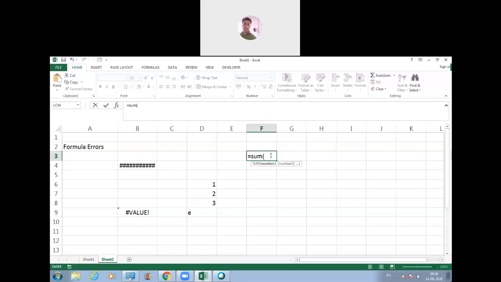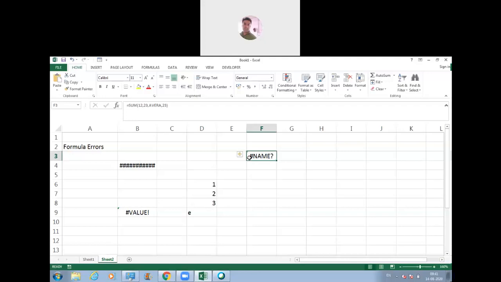Right? So what am I going to do now? I'm going to write down something like this. These arguments are perfectly fine, the values that I've given here, because sum is a function that can understand these numbers, but it cannot understand this text, this string that I've defined over here. So what is going to happen when I press enter? I will come across an error like this.